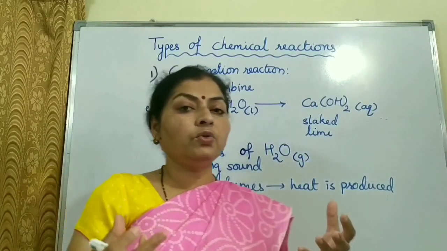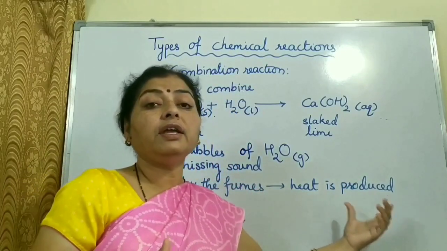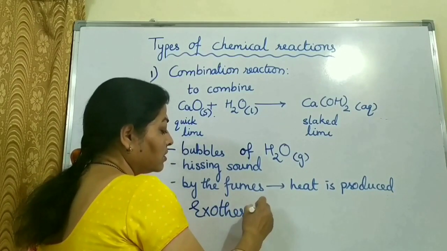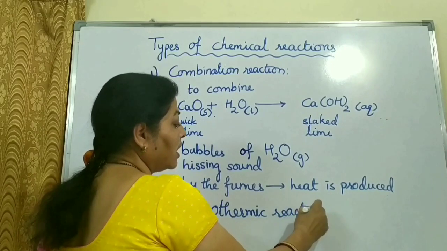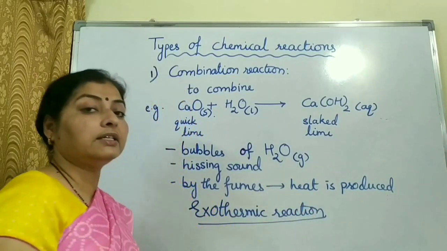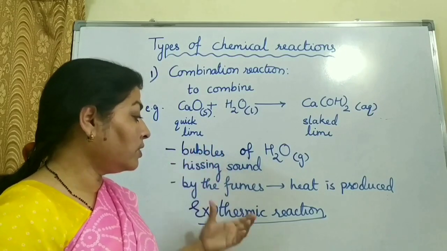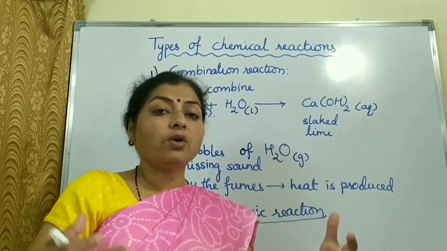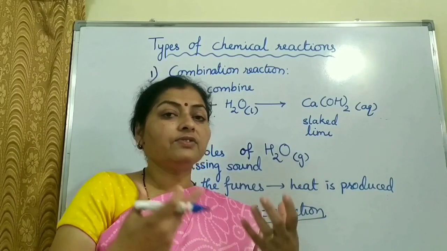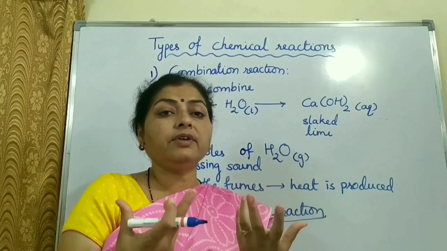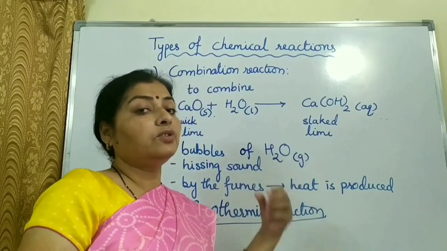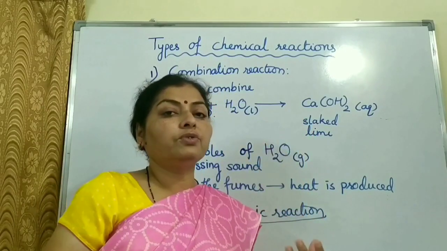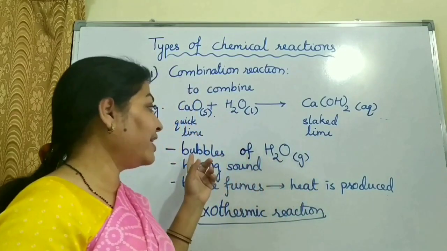Now as you know, it is producing a lot of heat. We can say it is an exothermic reaction. An exothermic reaction is a reaction in which heat is produced. So again, a lot of heat is produced and there was water inside the container. So due to that heat, all the water is getting transformed into water vapor. Because of that sudden release of the heat, water gets converted into water vapor, and as water vapor is in the gas form, that gas will try to come out through the liquid water, and that is the reason why bubbles are